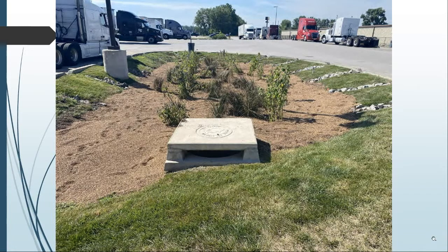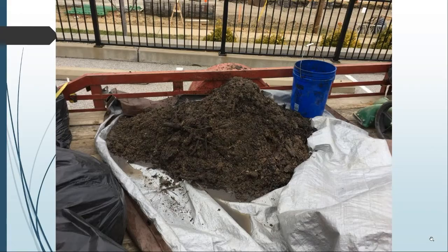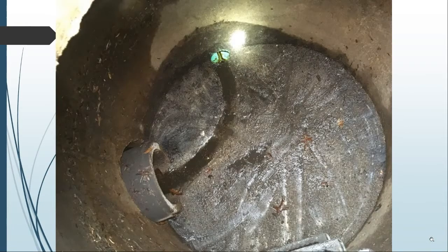Next slide. This is some routine maintenance on an underground system. If we go to the next slide, after the blue shovel, we took that much material that's on the back of the trailer. We took that much material out of that manhole. And if we go to the next slide, you can see what the manhole actually is supposed to look like. The dark spot there is where that hump of dirt was, and it was completely covering and clogging the entrance into